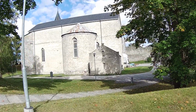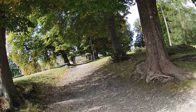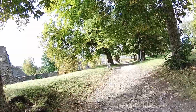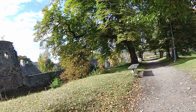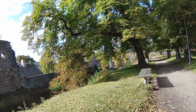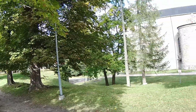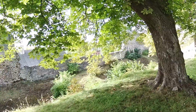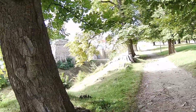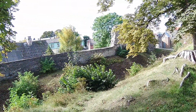Over here we have the chapel. Apparently the man responsible for Haapsalu becoming a town, the founder of the town, was a guy named Bishop Herman. I don't know if this is the same character who was the Bishop of Riga, who came here and began work on the cathedral and also the castle. I mean, it would be a likely scenario, you would think, but I'm often as wrong